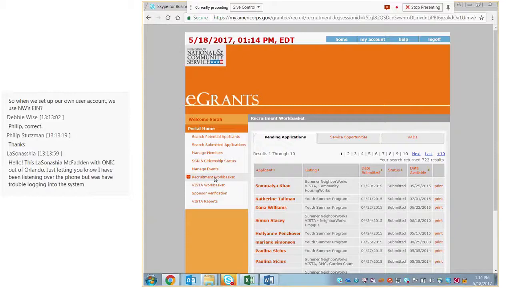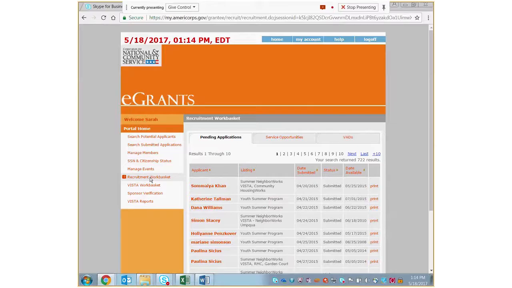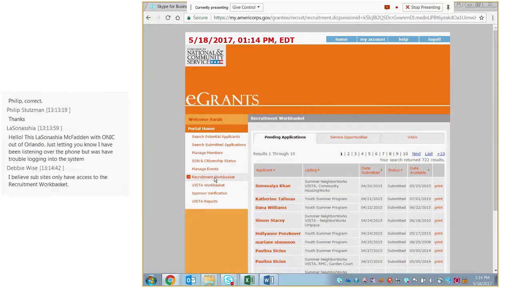This is probably the easiest work basket for you to work through as you're setting up your application process and selecting your VISTA candidates, because this has the three essential tabs, if you will, that will help you walk through and do the recruitment functions in the My AmeriCorps portal.